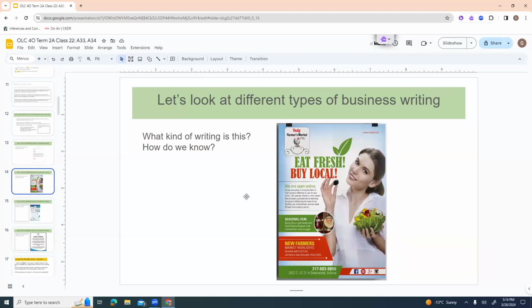Over here, what kind of writing is this, right? Up here it says Indie Farmers Market, eat fresh, buy local. We are open online all day, every day to bring the best of fresh product offerings to you or your family. We operate based on core values that are basic yet essential to reaching our goal of enhancing the lives of our families, our communities, and our state through encouraging you to,